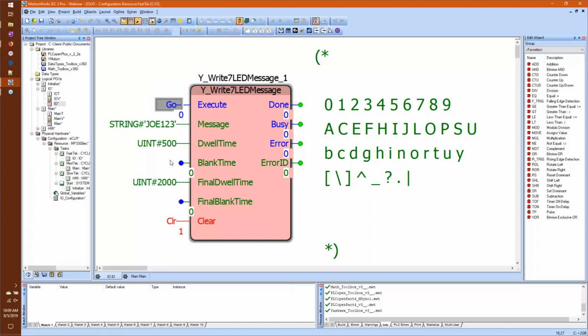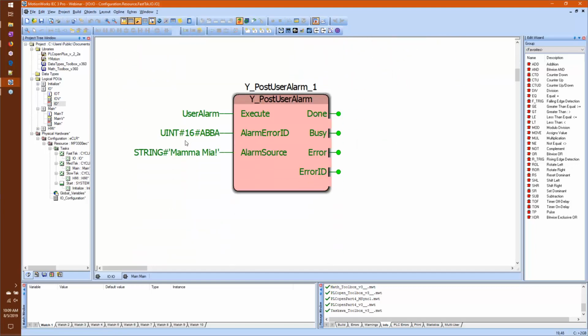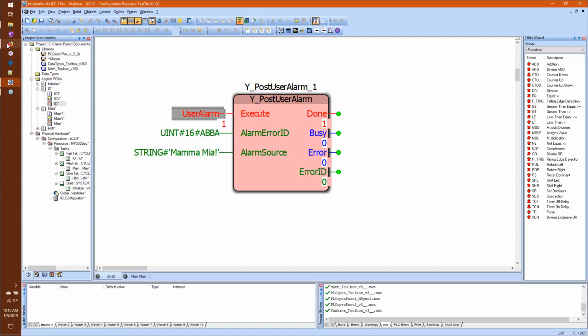Another new function block allows the user to post their own user alarm. So when you execute this, it puts this unsigned integer error ID onto the alarm stack, and it gives it a source of whatever this string here says. Now, of course, it's going to be displayed in hex, so I tried to come up with a fitting hexadecimal error ID. When I execute this, it now put that alarm on there, and to prove that, I will come